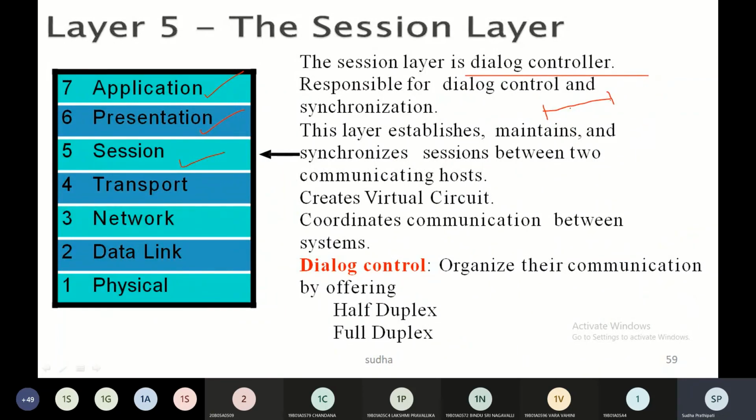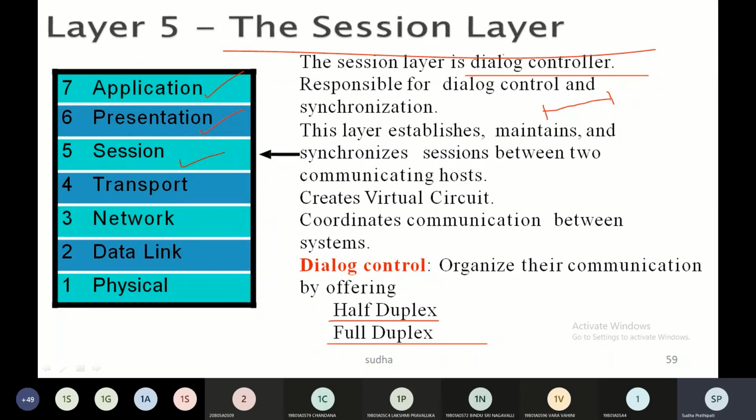Only after the connection is successfully established can we exchange the dialogue. I can talk to her and she can talk to me, and the communication can be half duplex or full duplex. Talking is nothing but dialogue over here. After I finish talking, the connection is terminated. All this is taken care of by the session layer.